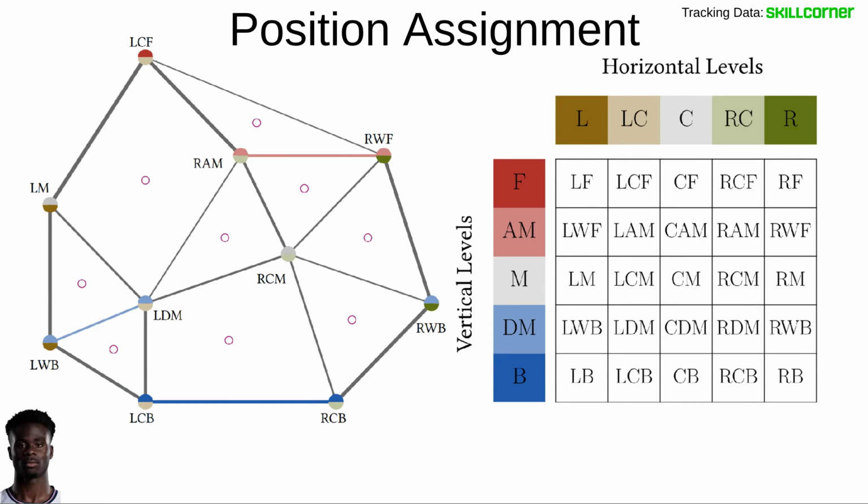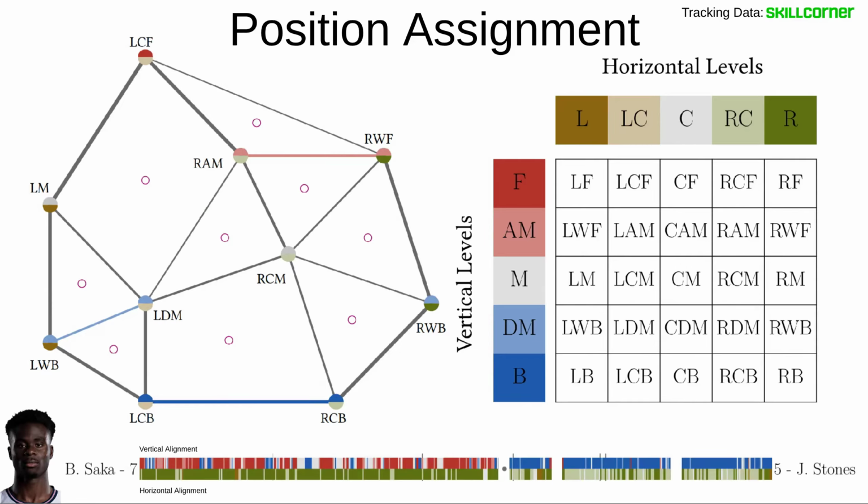What we can do is pick a player, the starting player from England, Saka, and visualize the time series of the color pairs that we have inferred for him to occupy during the in-play time of the match. You can see, for example, number 7, Saka, the vertical alignment is mainly red. There are moments when he drops back to the back line or goes to the midfield line. But overall, until when he was on the pitch, he was playing on the front line